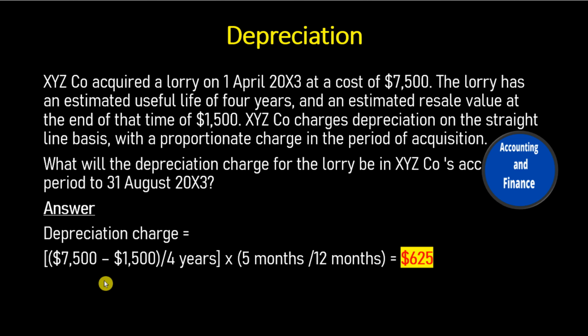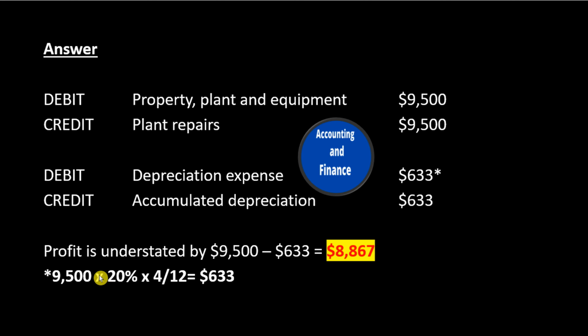Answer: debit, property, plant, and equipment, $9,500. Credit, plant repairs, $9,500. Debit, depreciation expense, $633, or $9,500 times 20% times 4/12. Credit, accumulated depreciation,